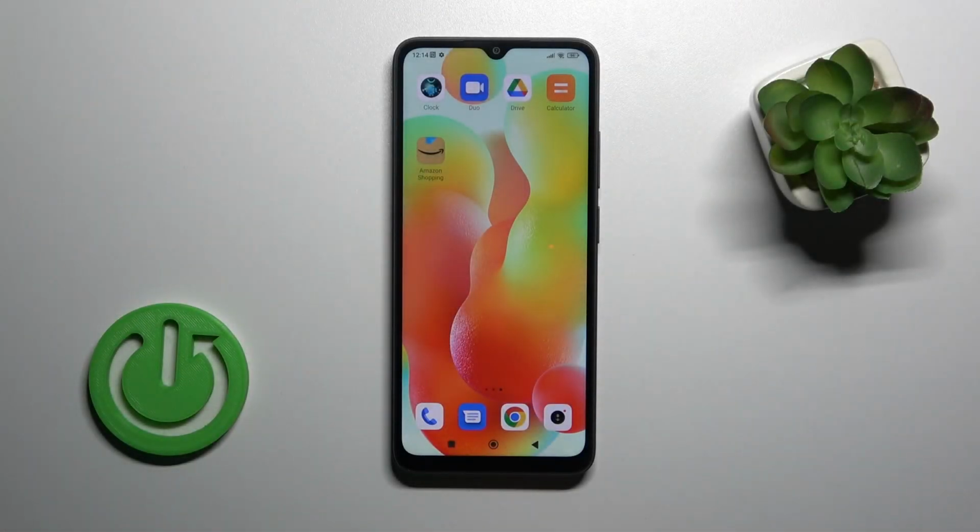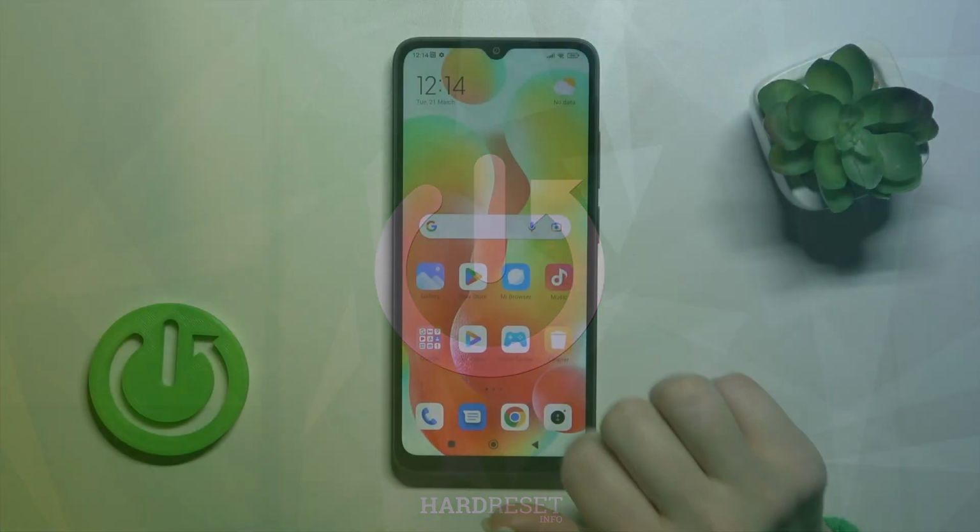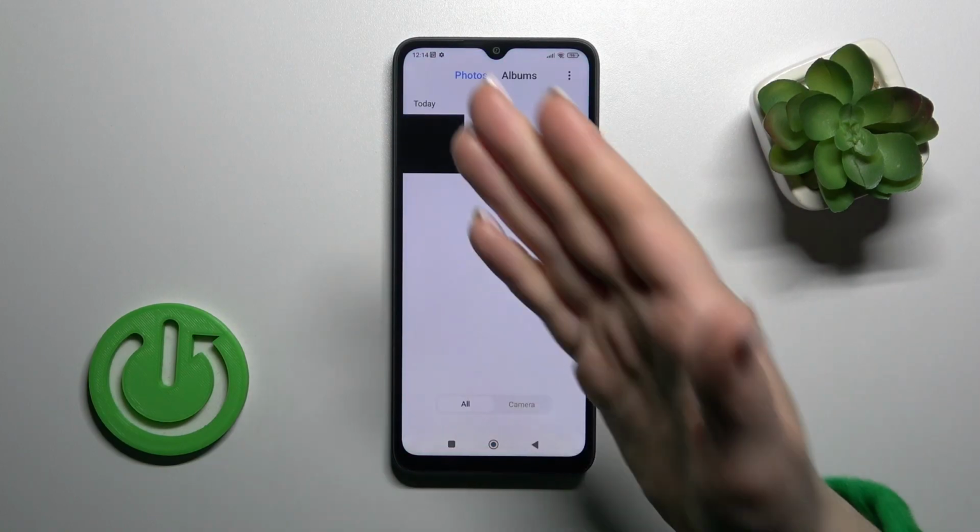Hi, today in front of me Redmi A1 Plus, and I'll show you how to hide photos on this device. So let's first open the gallery, and for example,